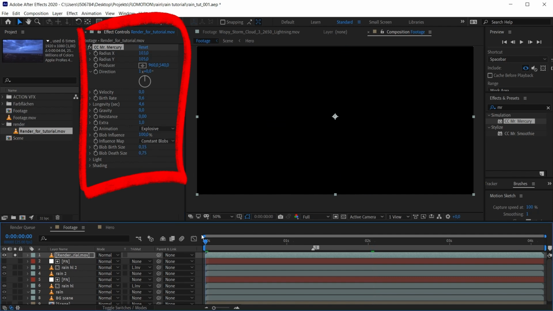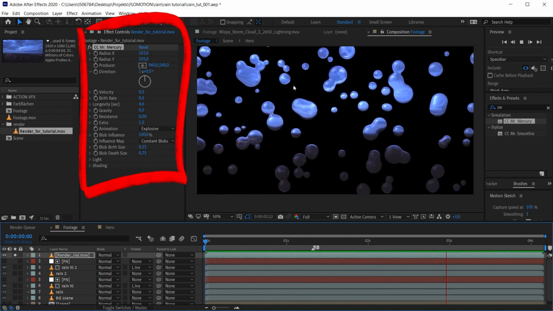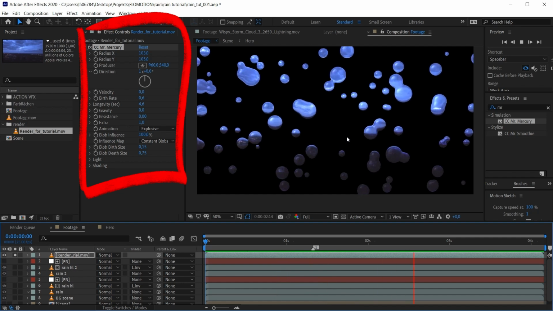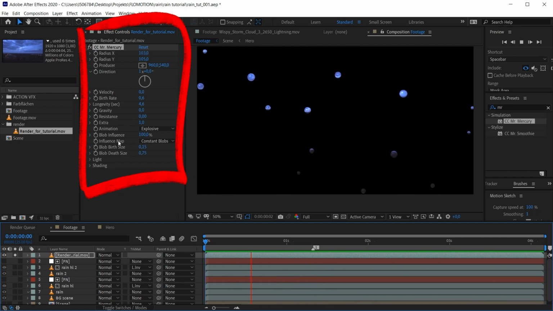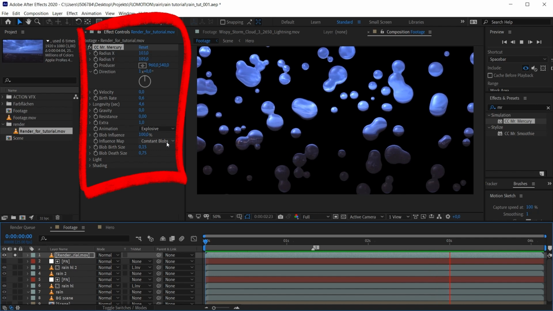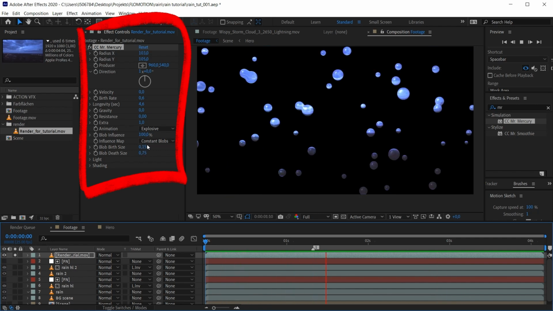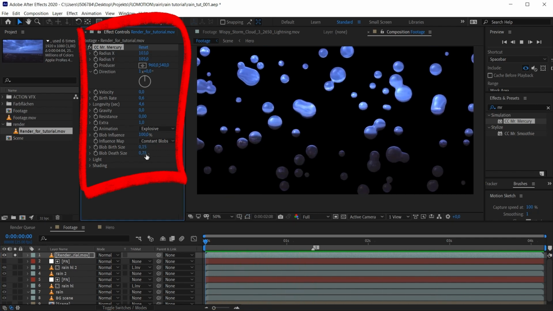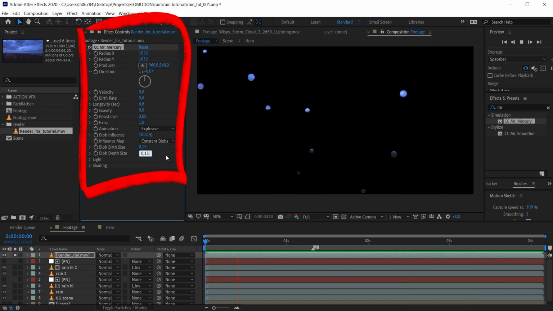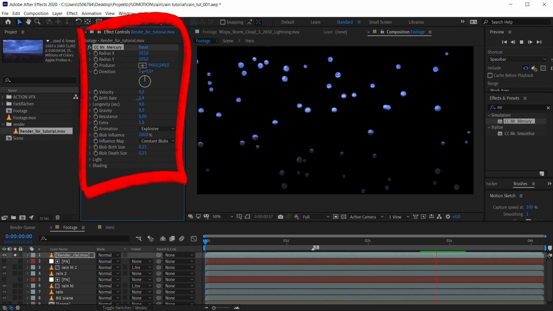And when I play this, you see they plop onto the screen and then they stay there, they just get bigger. And this is because at the moment when they were born, so when they start to appear, they have this size, and when they die, they are bigger. So let's just make them exactly the same size for start and for the end. Perfect. So with the birth rate, you can now define how many particles you want to have, and also with